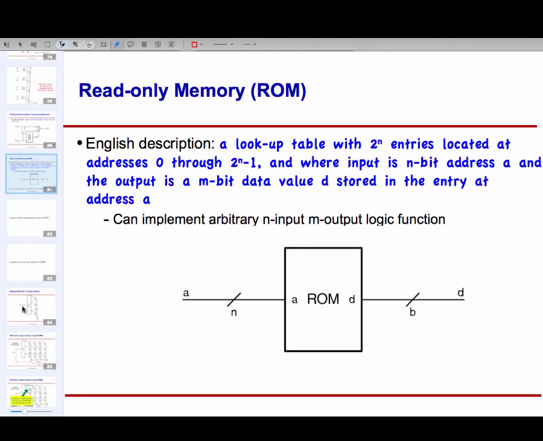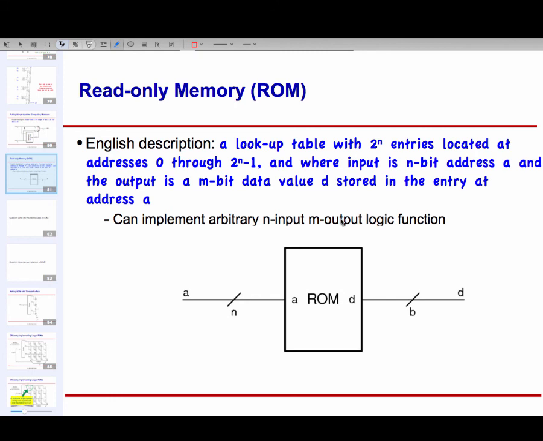So that's ROM. Now, my claim is that using this, I can implement any n input m output function. An n input m output function takes an n bit input and produces an m bit output. So let's say I give you an arbitrary n input m output function. Can anyone suggest how I might use the ROM to do that? I see the same 4 people raising their hands. Anyone else? Come on, guys. Take a shot at this.